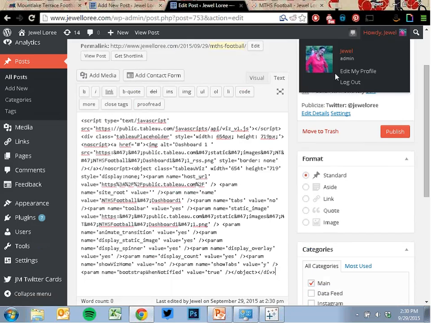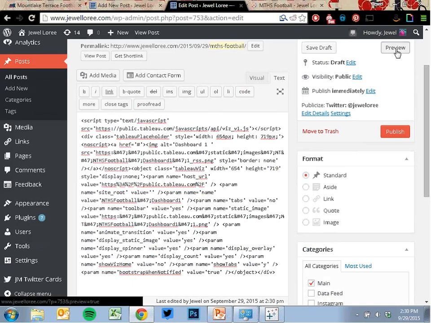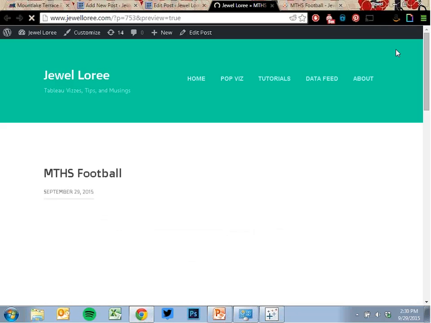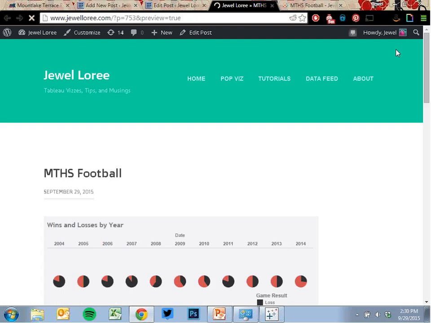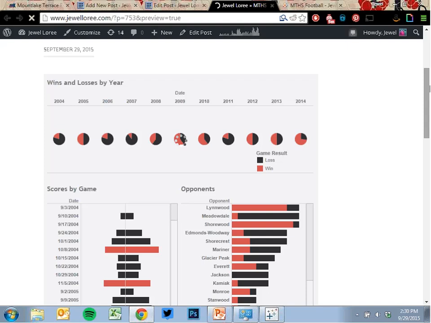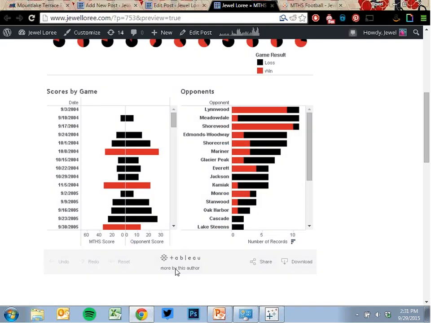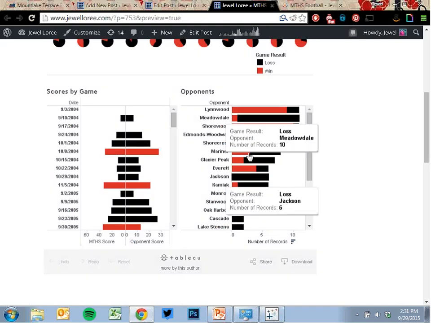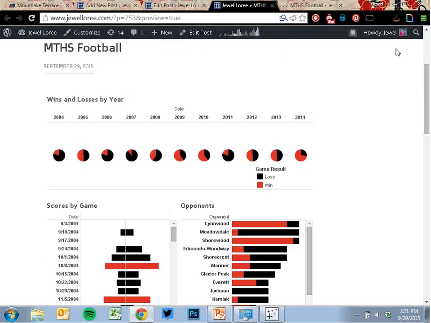There we go. Try this again. That looks more promising. There we go. So there it is, and that's what it looks like when it's embedded. You can see it's just the dashboard, and then once it's done loading here, it has this little toolbar at the bottom that people can share from. So that's pretty much it.